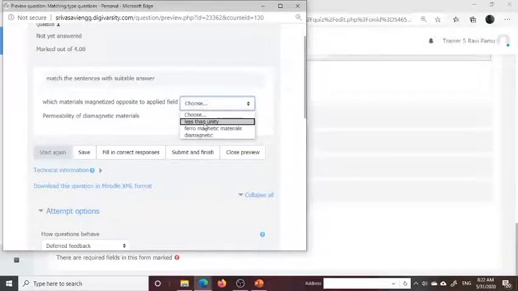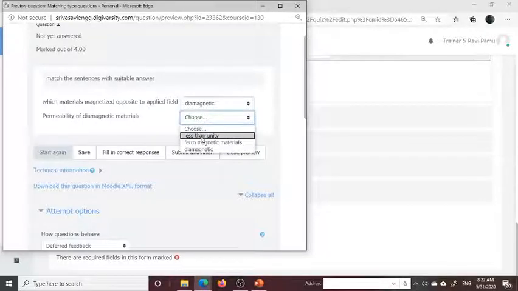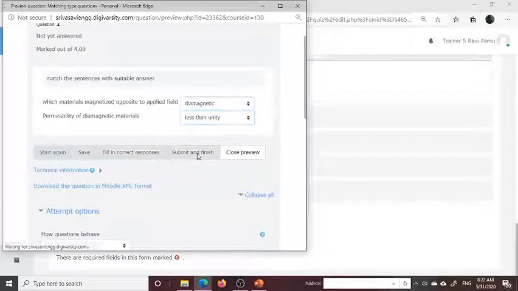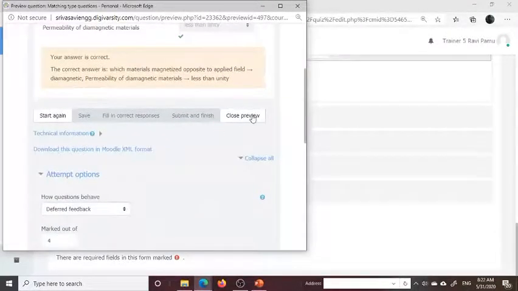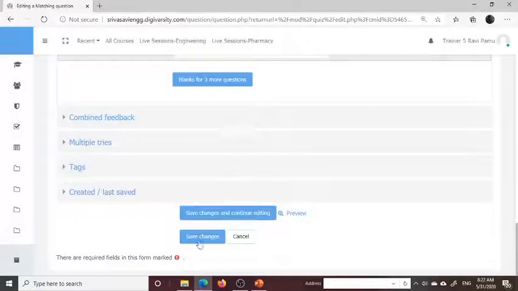Less than unity, ferromagnetic material, diamagnetic material. Next, permeability of diamagnetic material, less than unity. Now we can submit the answer by checking. Yes, both are correct. Okay, now we can close. Now save changes.